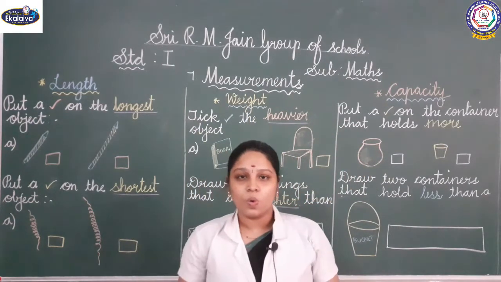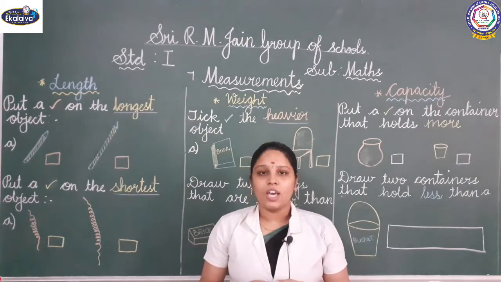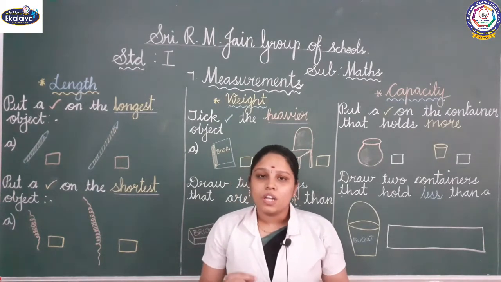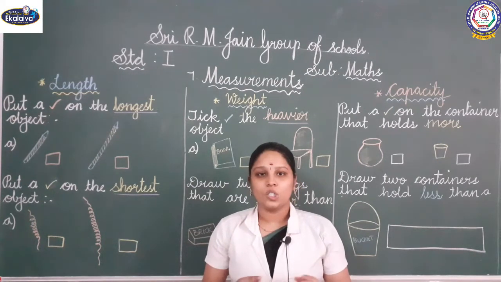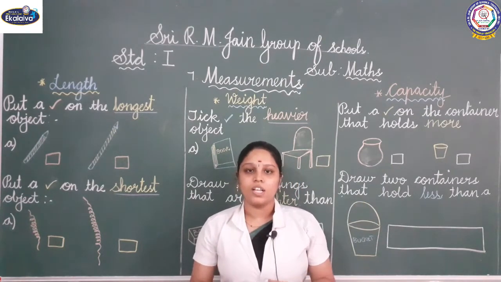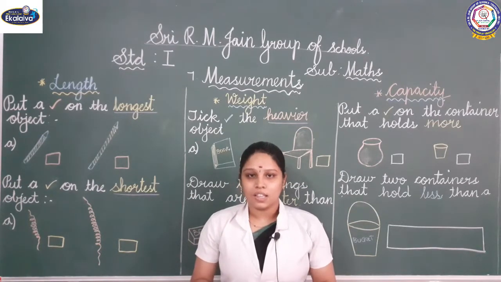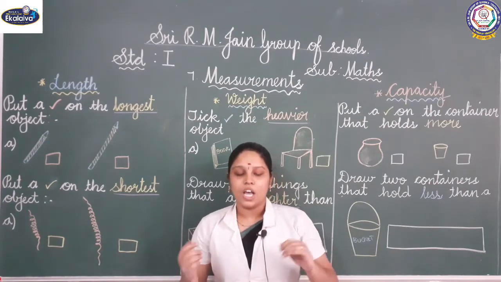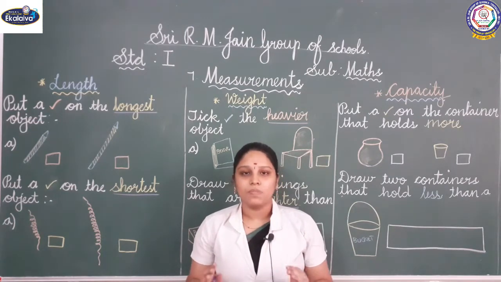Okay, we are familiar with the words longest, shortest. The opposite of long is short. In some things we will say it is long, in some things we will say it is short. On what basis are you telling the thing is long and the thing is short? Yes, you are right. When we are seeing the length of the object, we can say it is long and it is short. Now, I am going to show you some things.